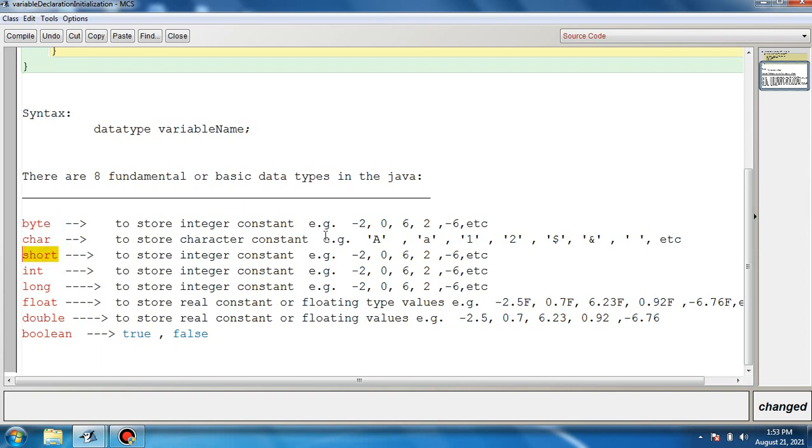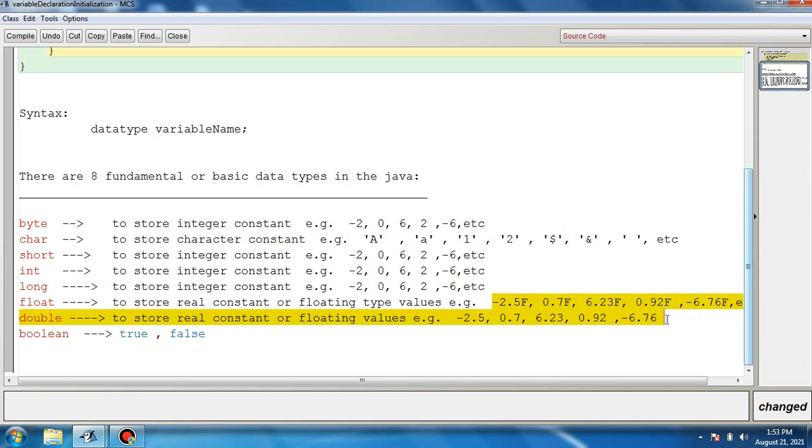To store integer type of values, we can declare a byte type of variable. These are examples of integer values. And to store real type of values, we can use either float data type or double data type, and these are examples of real type of values having a decimal point in them, positive or negative.